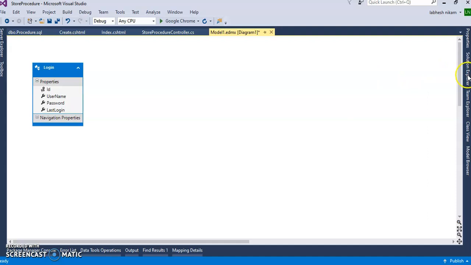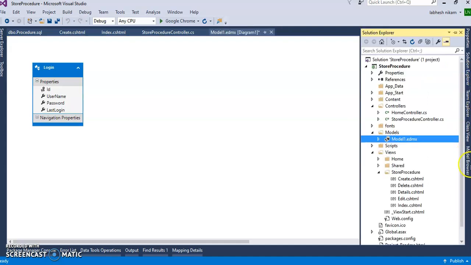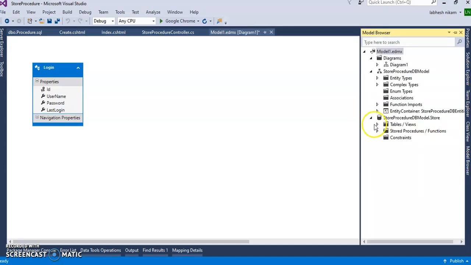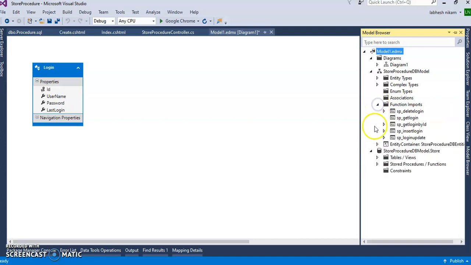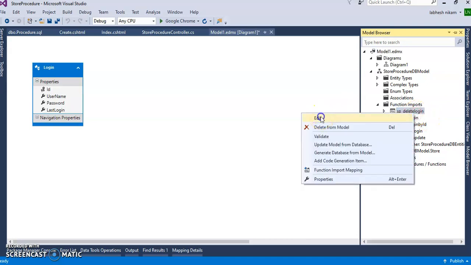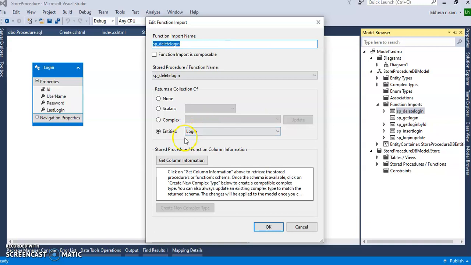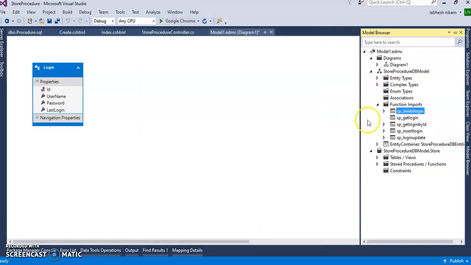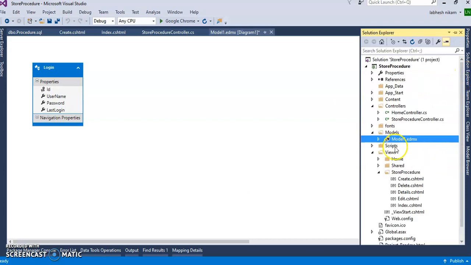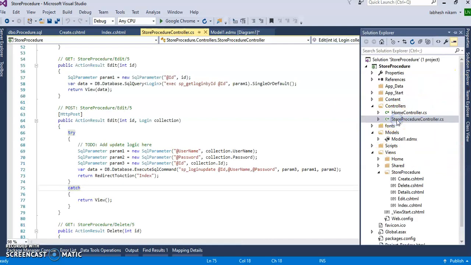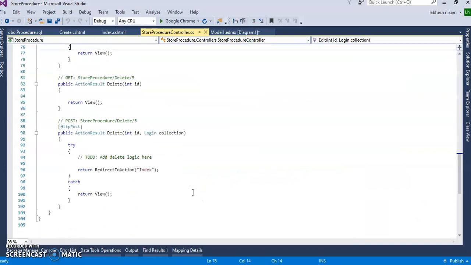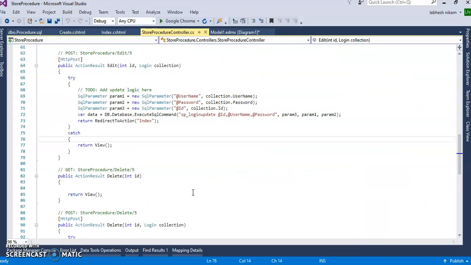Okay, let's run this and let's see in the model browser. We will connect the data entity with that stored procedure of the login table. Delete login, right click on this, add it, and entities login table. Okay, it is already bound.